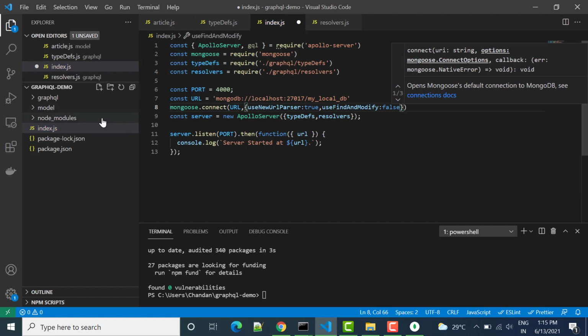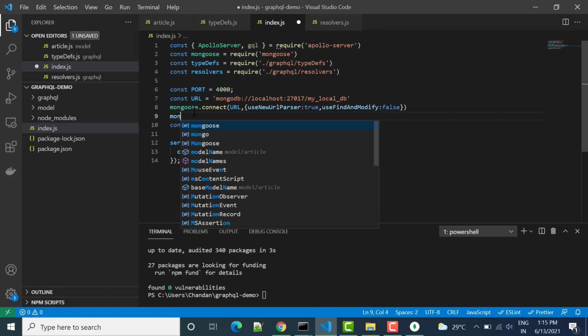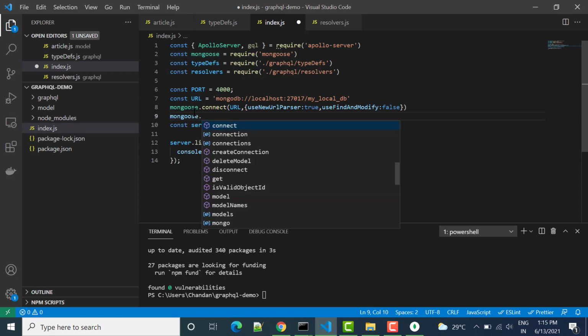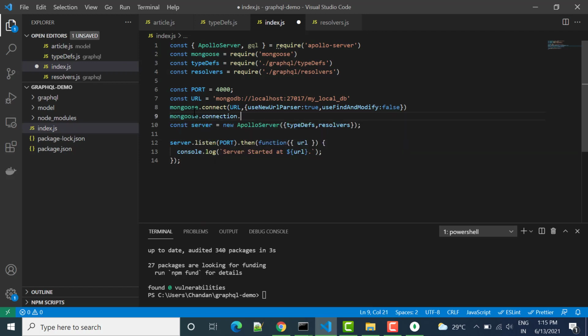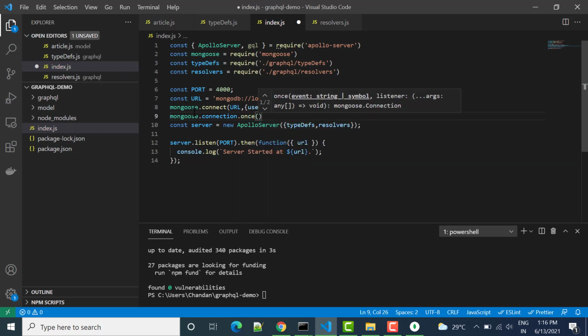By default we give these things, and by doing this it will connect to your DB. Then we write mongoose.connection.once, and here we check if the connection is open.